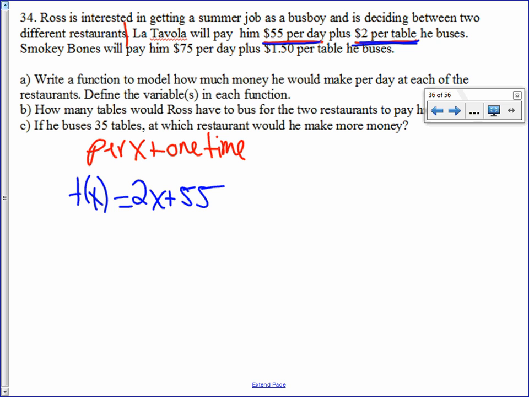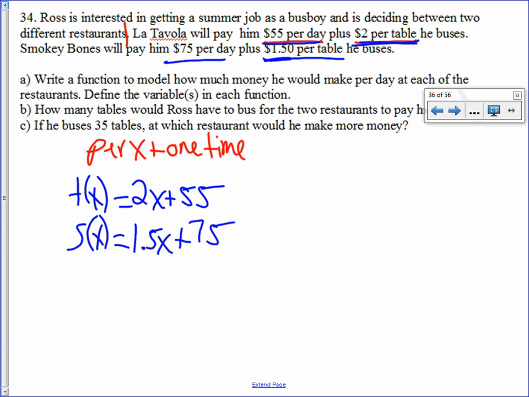Now up to Smoky Bones. Smoky Bones will pay him $75 per day plus $1.50 per table. Again, that $1.50 is your per. So I'm going to write S of X for Smoky Bones equals 1.5x plus 75. Write a function to model how much money you would make per day at each of the restaurants